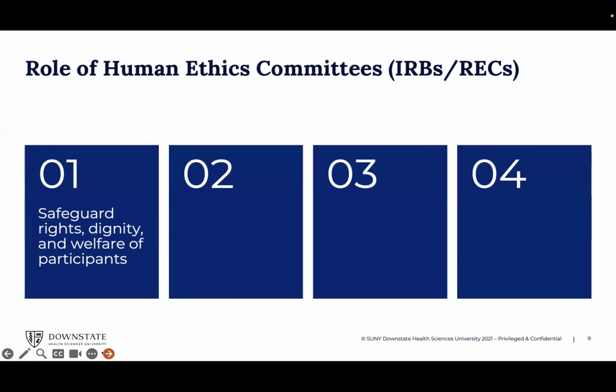Specifically about how to get protocols to move through our process at Downstate, but just in general, in terms of the bigger picture around beneficence and so forth in terms of human trials. But our first goal in terms of an ethical review is to make sure that we are safeguarding, we are protecting our participants, respondents, in terms of their rights, dignity, and to make sure that we are doing no harm. That is, for me, most important.